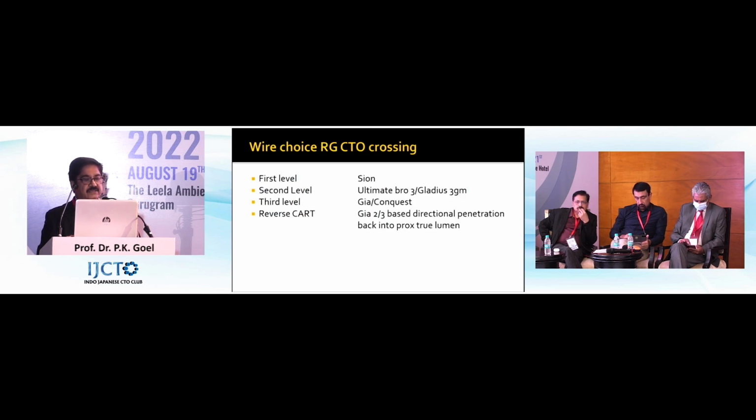And wires for retrograde CTO crossing, sometimes Sion itself may go through. Second level is Ultimate Bro, a 3 gram wire. Gladius is a new wire that has come, which is again 3 gram load, and then it goes retrograde, but you can direct it. Ultimate Bro you cannot direct, so that's the good part of it. Third level is Gaia or Conquest. And then the reverse cart is usually done by Gaia, where you can redirect it into this plane that you